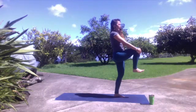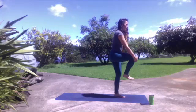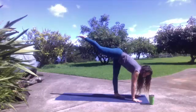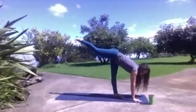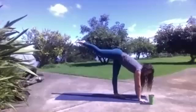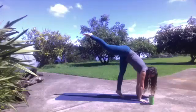Either stamp down or come into standing split. Take your time. Take your head down, hands down, right toes lift. You can stay here if you want a little bit more. Plug your shoulders in. Walk your hands where they're comfortable for a handstand hop. Lift your belly and shift your weight forward. Lift your left heel. You can either stay here or take your